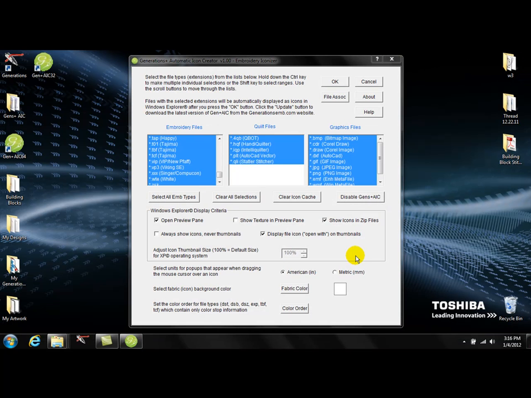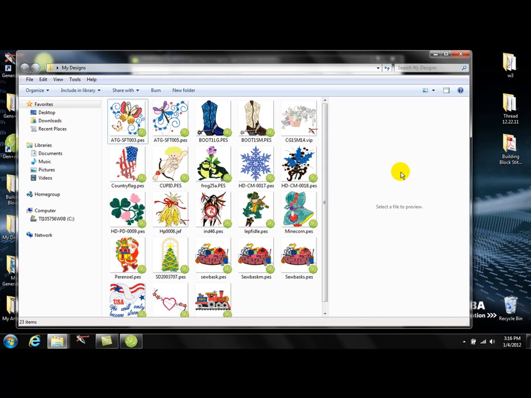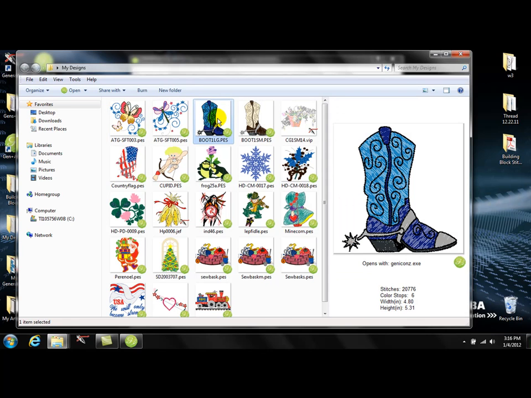Now we also have a Windows Explorer display criteria. I am working on Windows 7 because you do see that some of these options are not going to be available in Windows XP, just because Windows XP does not have the same characteristics as Windows 7. First of all, there's an open preview pane. With that checkmarked, I'll go ahead and open my designs. You can see here this is my preview pane. So when I left click on the